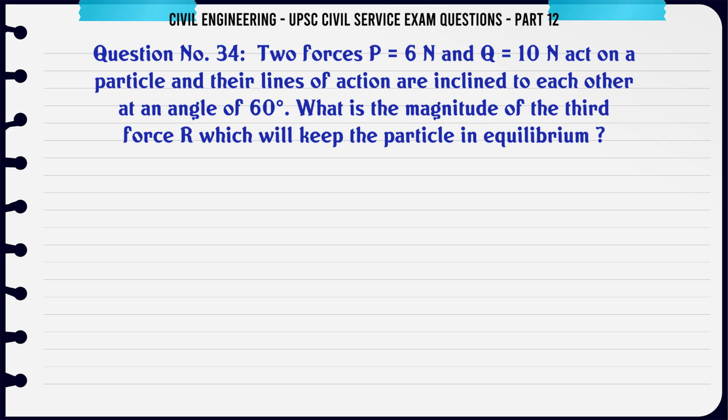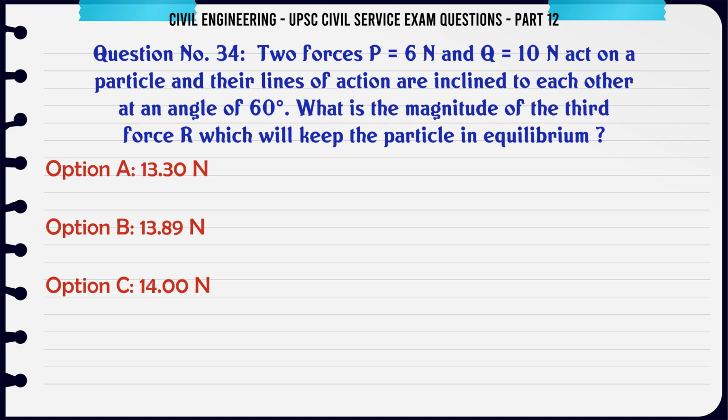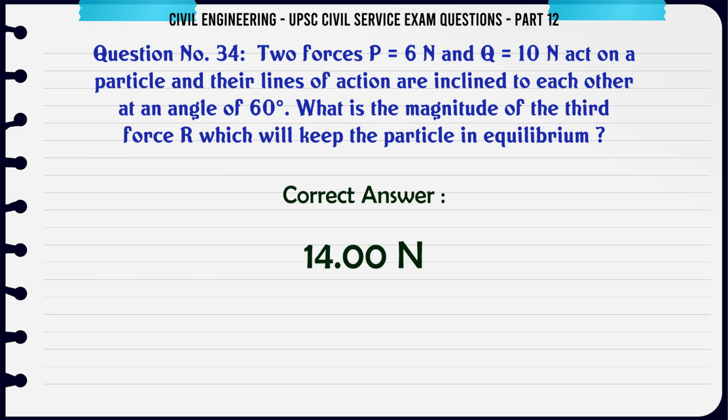Two forces P = 6 N and Q = 10 N act on a particle and their lines of action are inclined to each other at an angle of 60°. What is the magnitude of the third force R which will keep the particle in equilibrium? A, 13.30 N; B, 13.89 N; C, 14.00 N; D, 14.02 N. The correct answer is